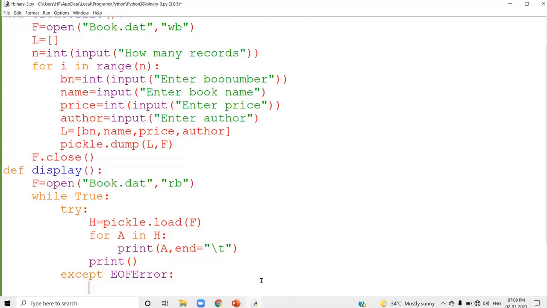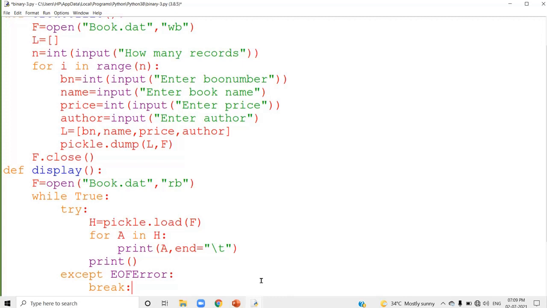The same procedure will be repeated. And if you reach the end of the file, it will raise the EOFError and automatically come down to the except block, and you will jump out of the while loop.